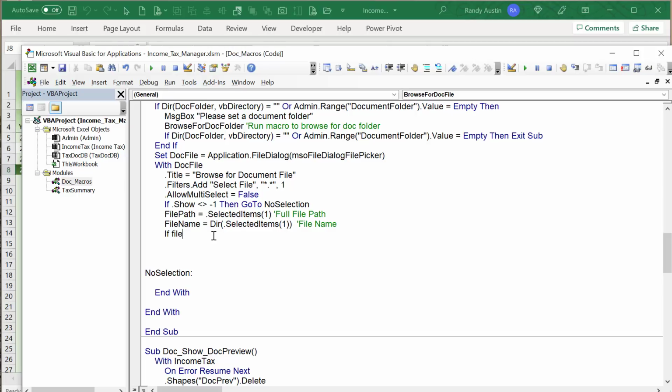So here's what I want to check. Now you're browsing, you're pulling it from a folder, but what if you're pulling it from the same folder that you actually want to put it in? If it's already in the right place, then we don't need to copy it over. So I want to check for that. So let's do that. If the file path is equal to .selectedItems(1), that means the current file path,